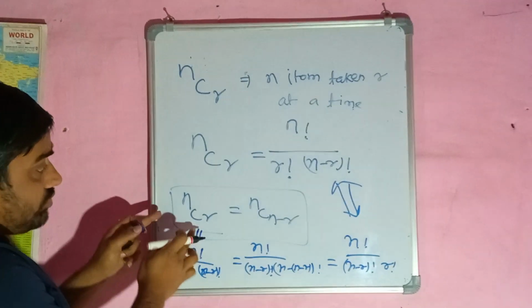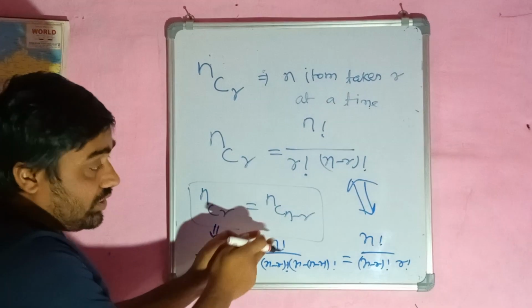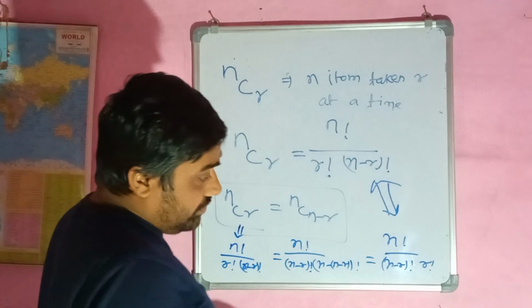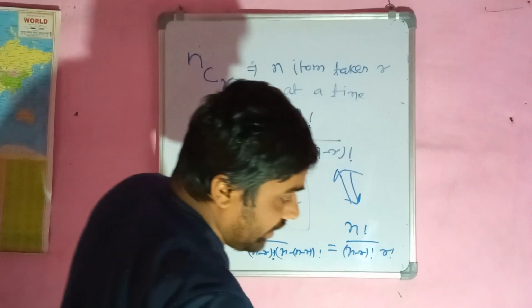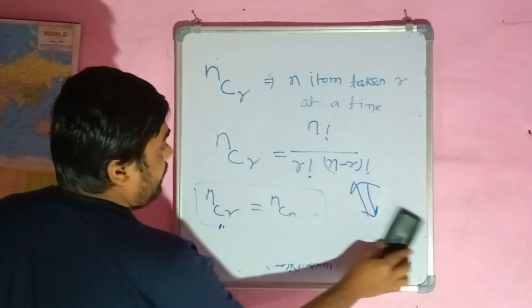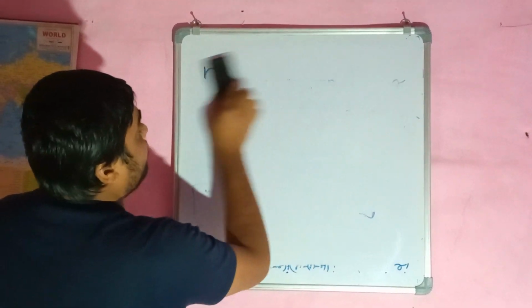So simply you can write nCr is equal to nC(n minus r). So friends, I am going to deduct this one. Now you see, my dear friends,